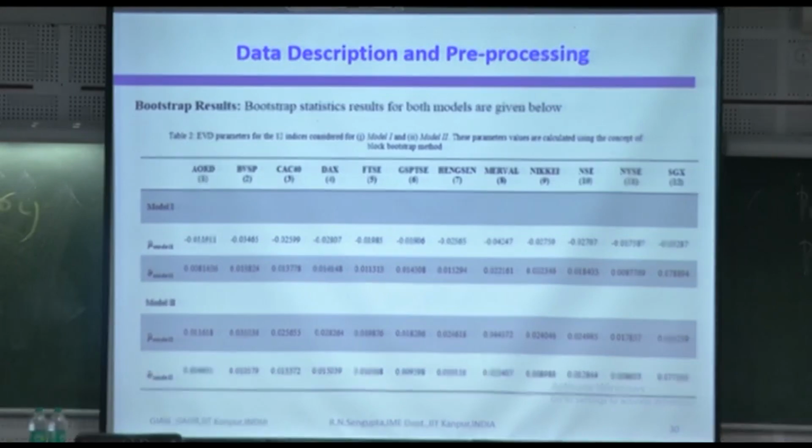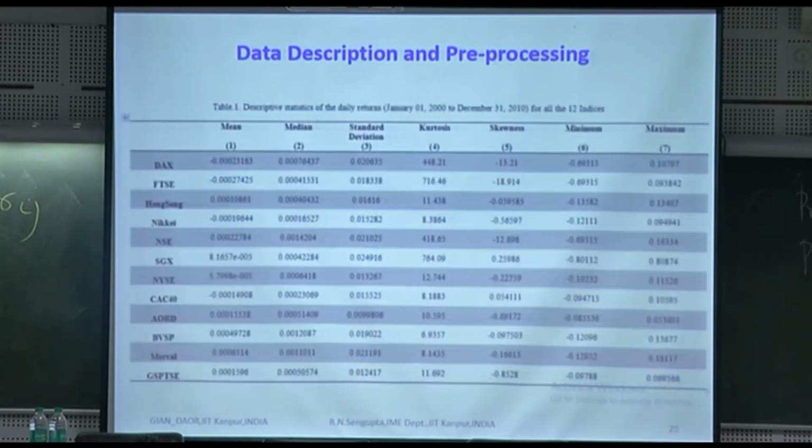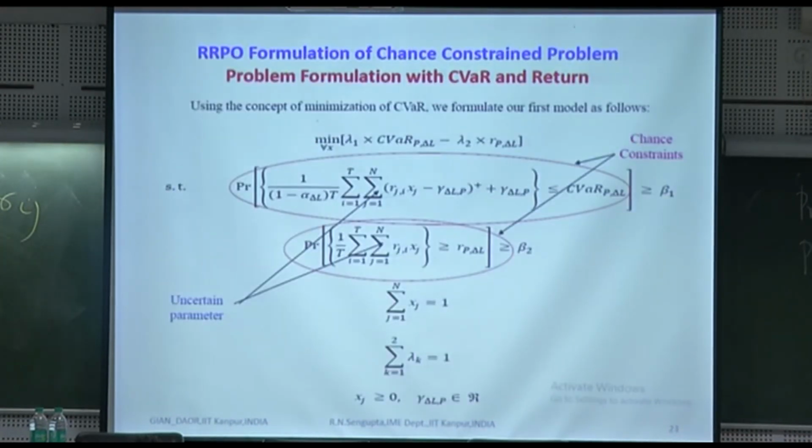Then I run it for model 1 and model 2. These are the mean values. As I do the bootstrapping, I get the mean values for the standard deviation and the mean values. So these are the models which I am talking about. One model is this. These are the constraints I am again mentioning, with a probability this beta 1, beta 2 would change.